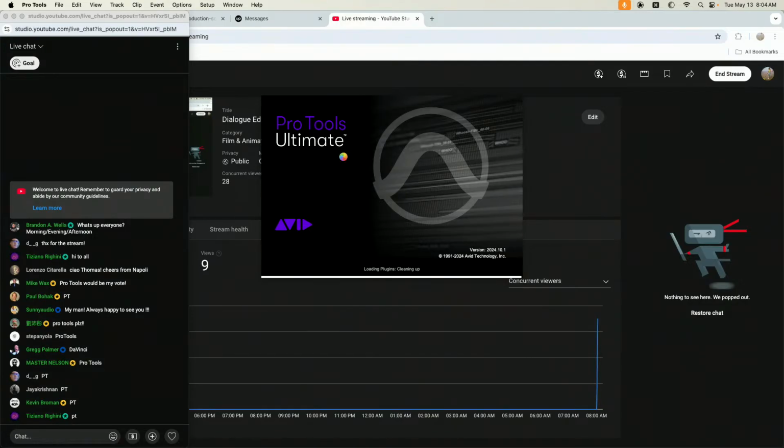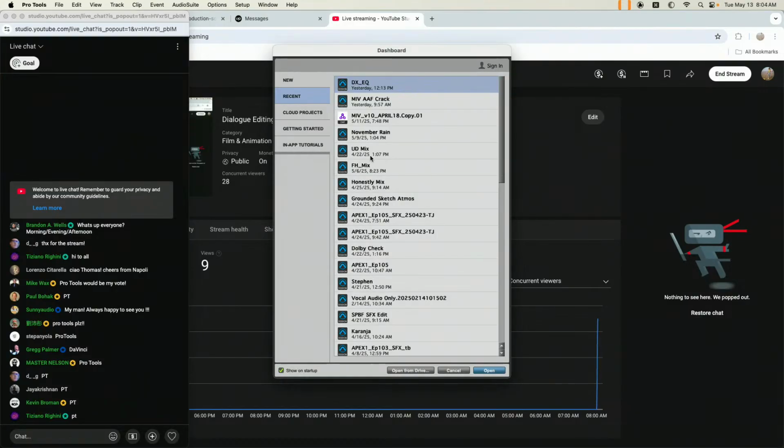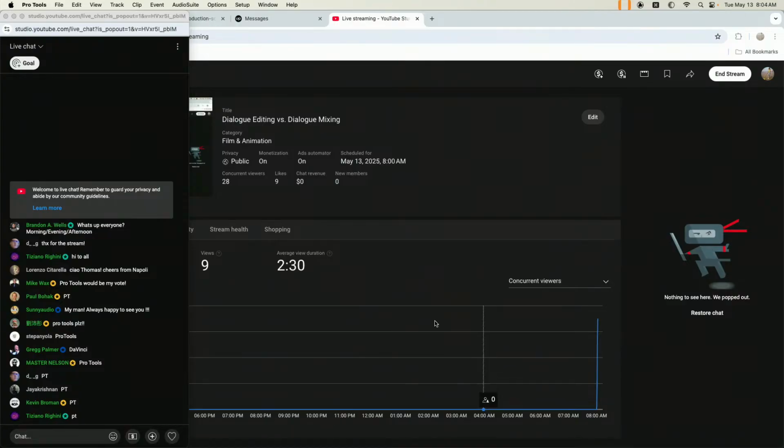Also, I have some kind of interesting news, which is that I am developing a plugin. I've talked to channel members in the Discord a little bit about it.